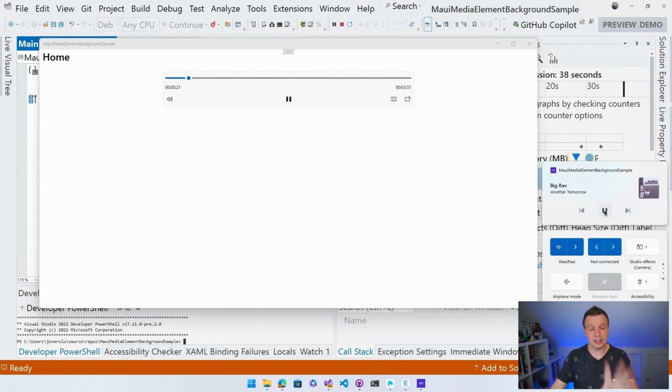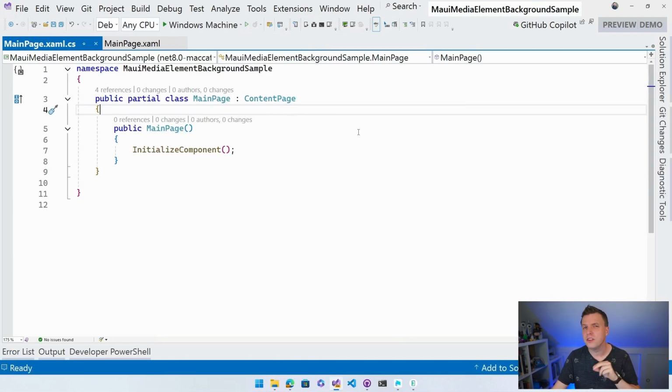I can just pause it right here, and you can see that it has effect on my application right there. And when I do the opposite as well, if I start playing it here again, you can see that the changes come up here as well, right? So super duper cool. Now, if we want to do this on other platforms as well, there is a little bit more work to do, especially on Android. So let's start with Android first, get that out of the way.